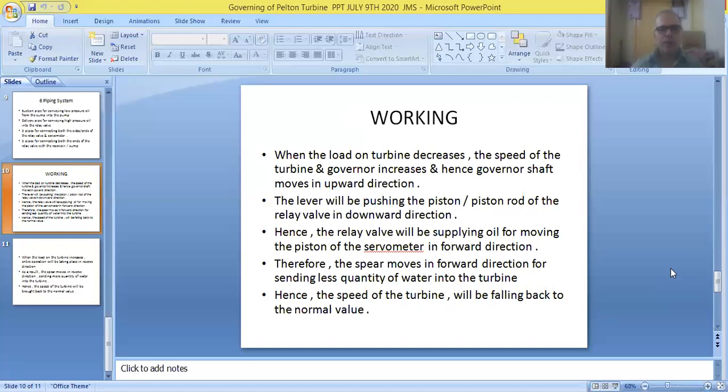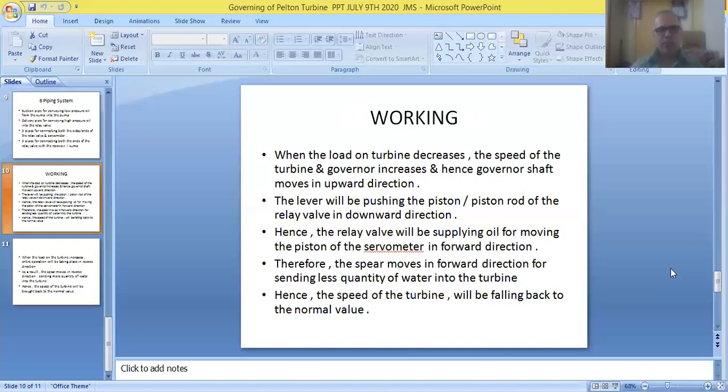When the shaft moves upward, one end of the lever moves upward and the right end of the lever moves downward. Therefore it pushes the first piston in the downward direction. Therefore the first cylinder will be supplying oil